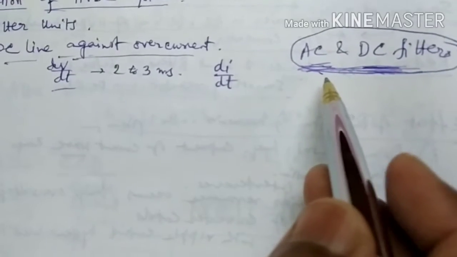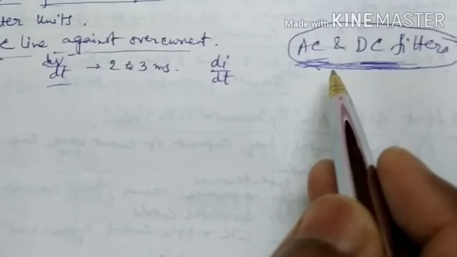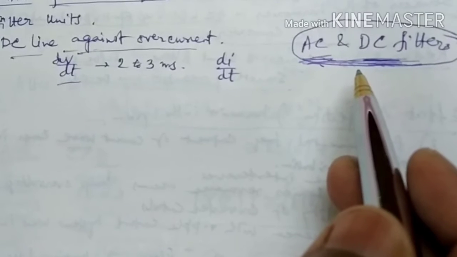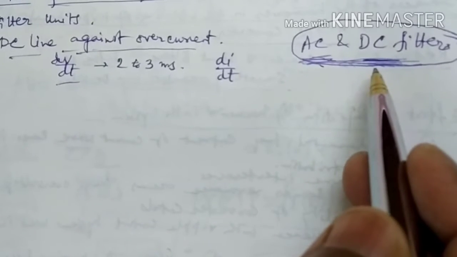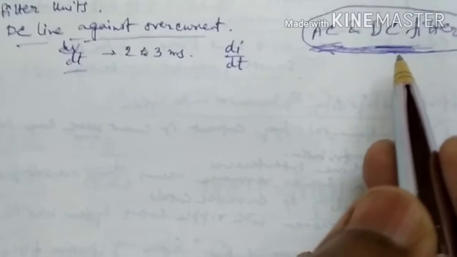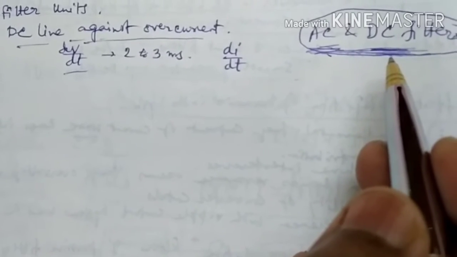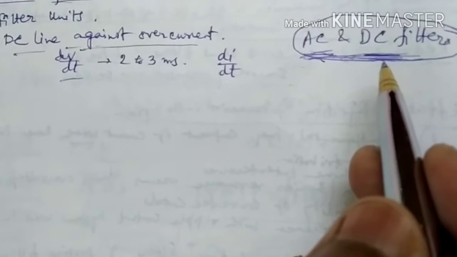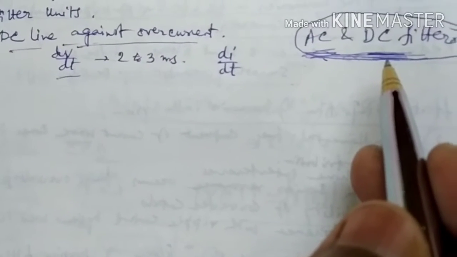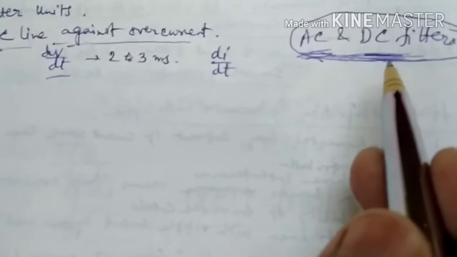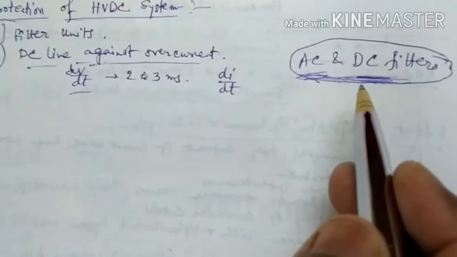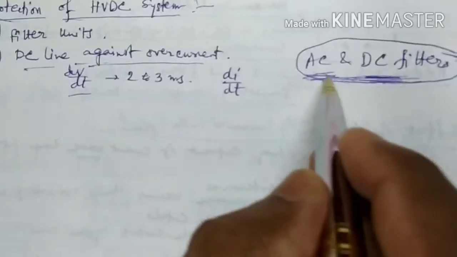It is used to reduce the harmonic component in the AC power flow. AC filters are connected in parallel between the AC bus and earth. They offer high impedance to power frequency and low impedance to harmonic frequency. Since the harmonic frequencies are higher than the power frequency, harmonic frequencies are eliminated from the AC networks by passing them to ground.